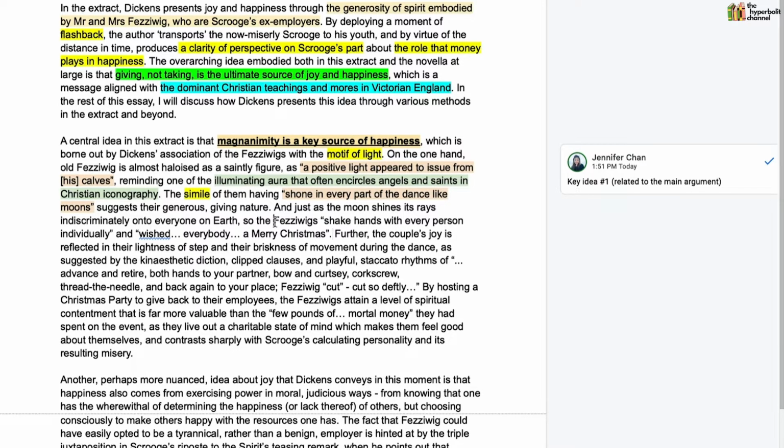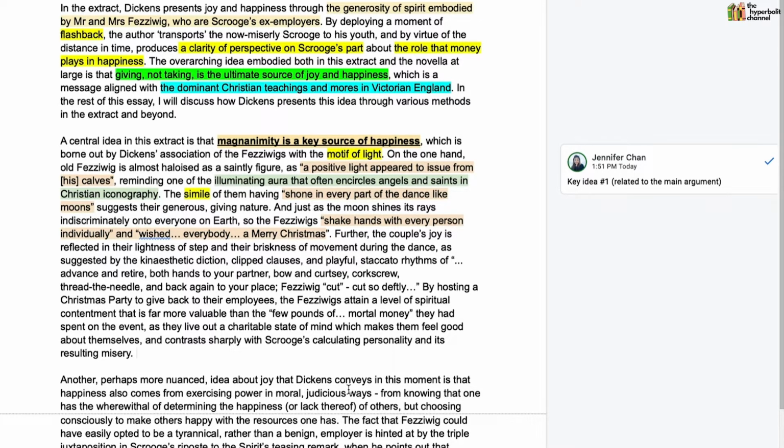And so in the same way, Fezziwig doesn't discriminate between who they greet or shake hands with or wish Merry Christmas, right? So everyone at the party is treated in an equally generous way. And so she draws this lovely parallel between the moon simile and also the Fezziwigs' characterization. Here showing a really conceptualized engagement with the text. And she goes on to say, further, the couple's joy is reflected in their lightness of step and their briskness of movement during the dance,